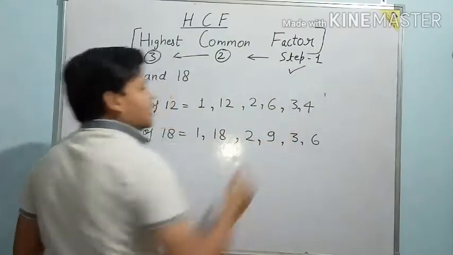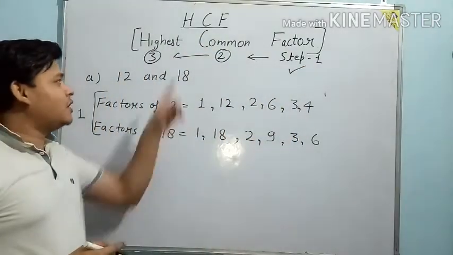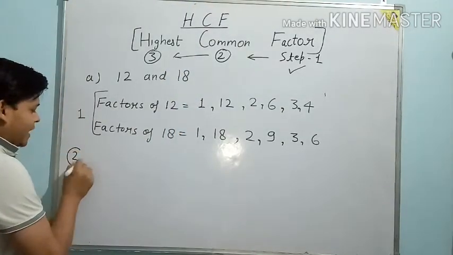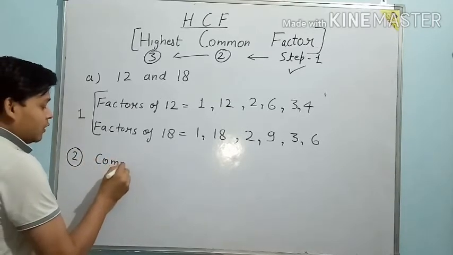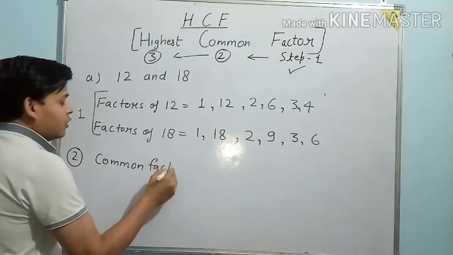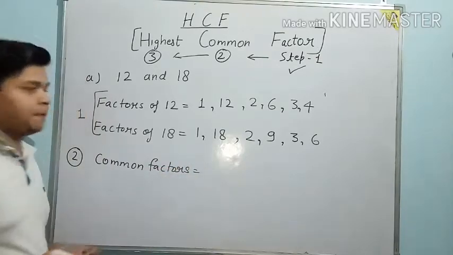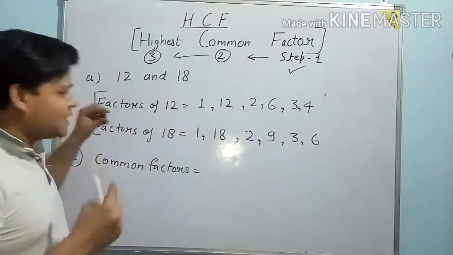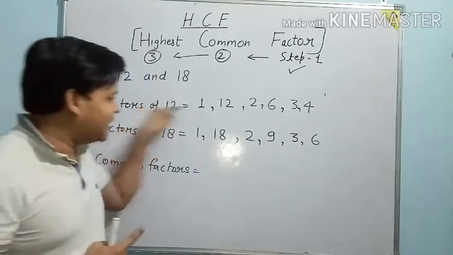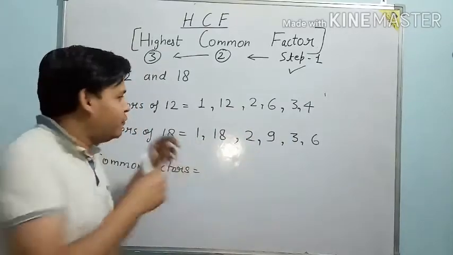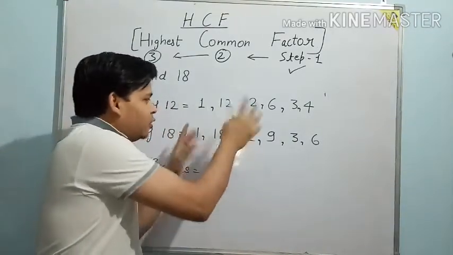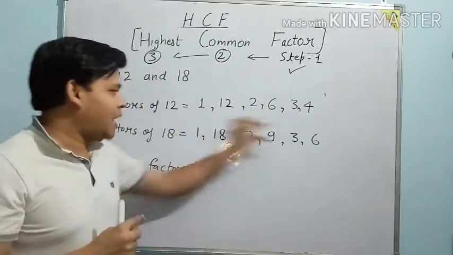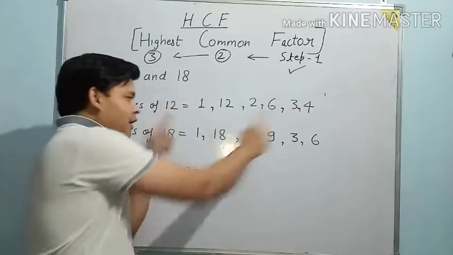So this is done. Now the chance is for step number 2, that means common. Common means in step number 2 we have to find out the common factors. So here also I will tell you the method to find out the common. You can just select any one series, either this one or this one. Don't get confused and check again and again here. Just hold only one series, either this or this. You have to focus on only one series, either that one or this one.